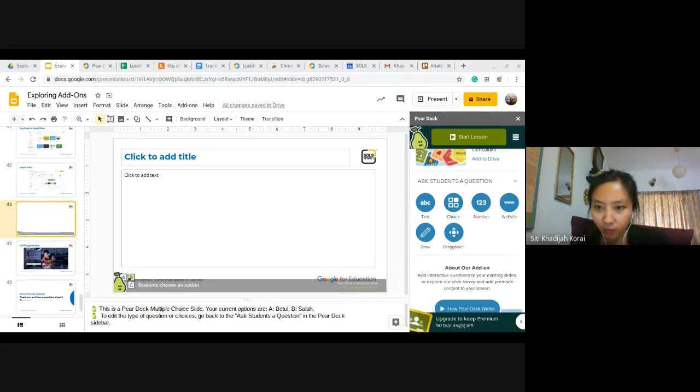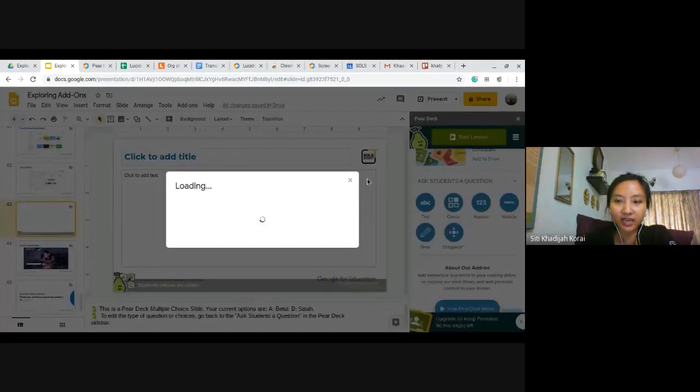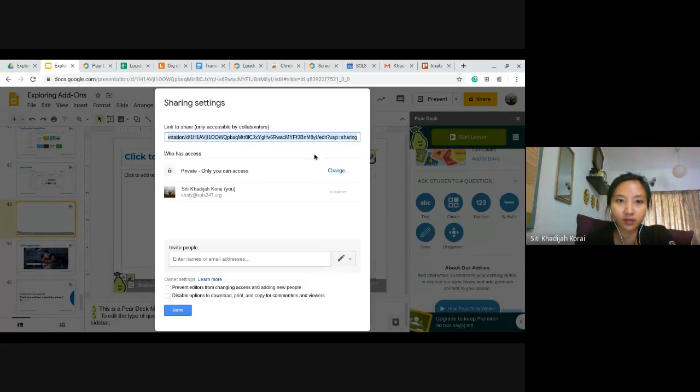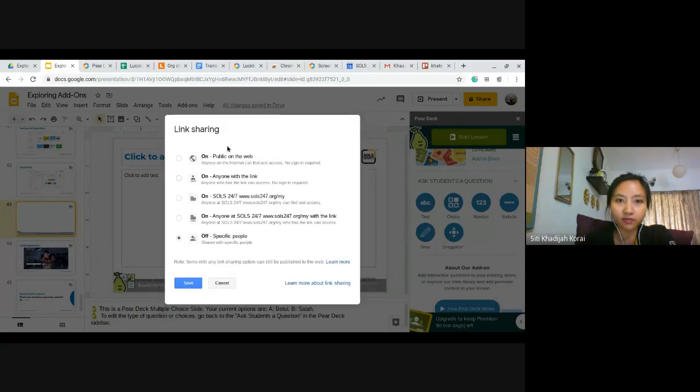Can I send to Yahoo? You mean you just want to share your document? If you wish only to share your document, that person can view depending on your access. Because right here, when you share, this is the one that you can control. If that particular person doesn't have Gmail, but you wish that person to edit your document, just go ahead,